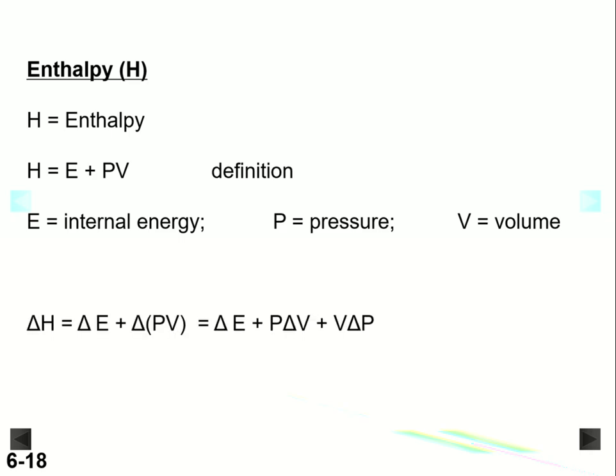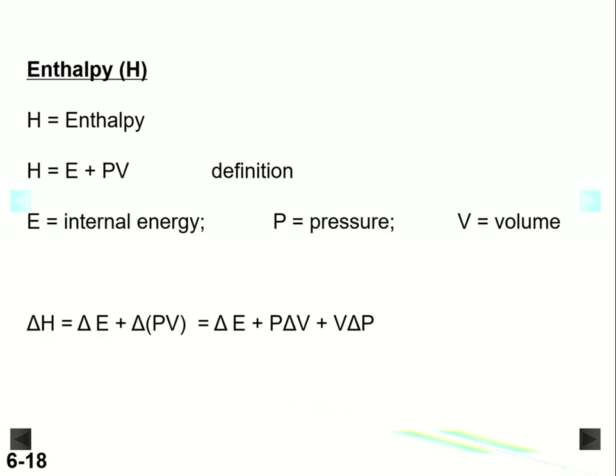So now we have H is equal to E plus PV. These are all state functions, it turns out. E and PV are state functions. H is as well a state function. And so we can go from one state to another state. So start off in an initial state, go to a final state. So we can have a delta H, a change in enthalpy. That will be the enthalpy of the final state minus the enthalpy of the initial state. We'll do quite a few problems with that later on and see how that works out.